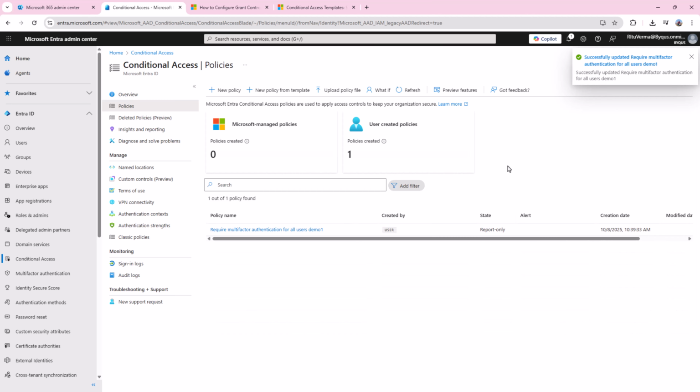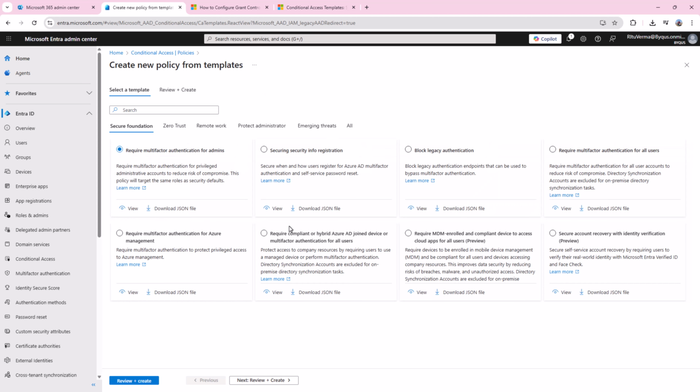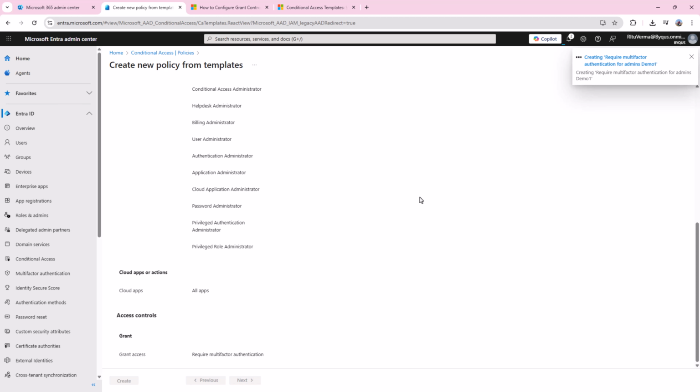And we will quickly move to our second policy, which is require multi-factor authentication for admins. So we will go ahead and create require multi-factor authentication for admins demo 1, and we'll click on create. So you understand the basics. I'm going fast on this.